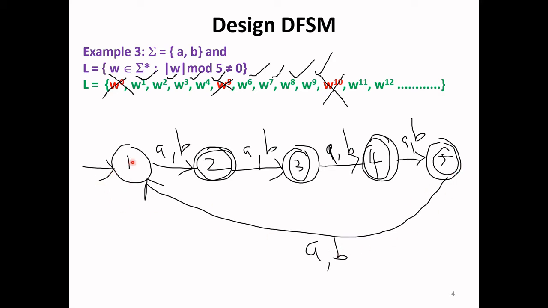Coming to string length 6 accepted, 7 accepted, 8 accepted, 9 accepted. Again string length 10 is not accepted. So this is the DFSM design for the language containing all the strings of A's and B's whose length mod 5 is not equal to 0. Let us see the next language,